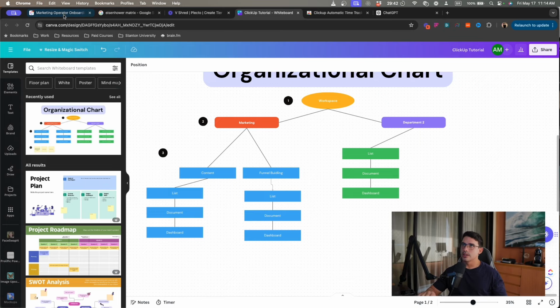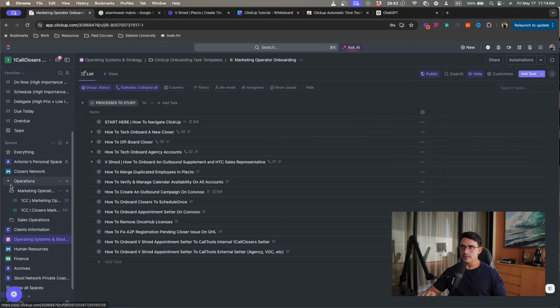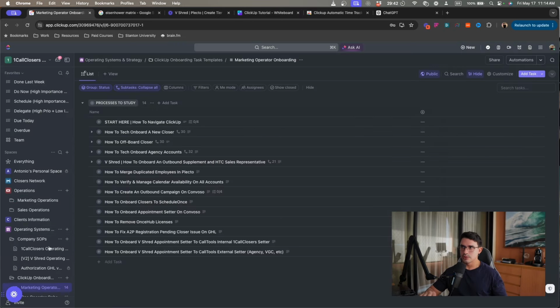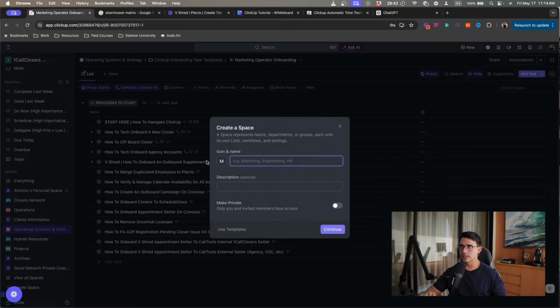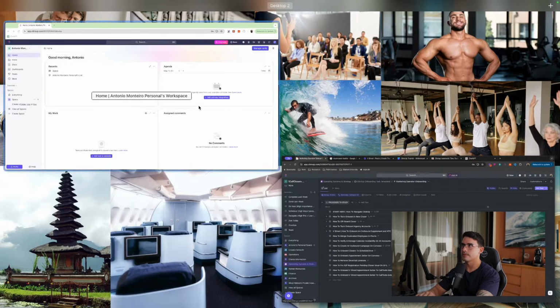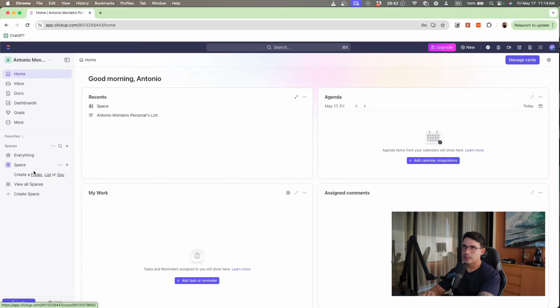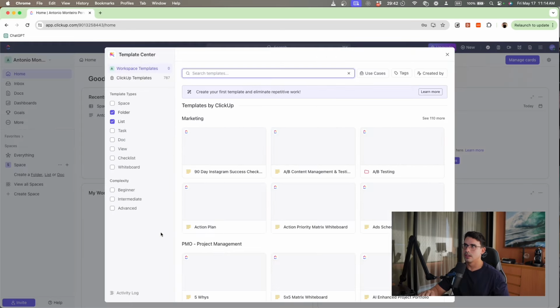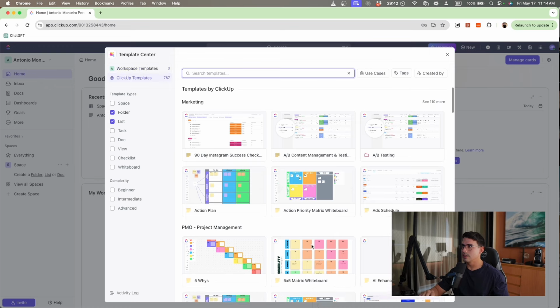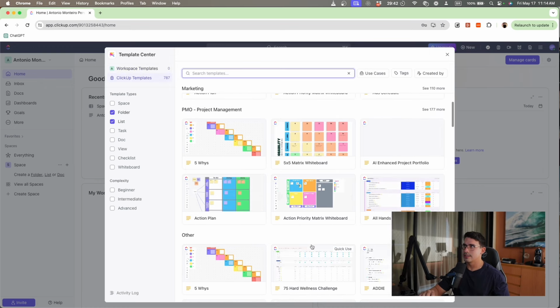So you can organize based on this, and then if you have some trouble getting started, my main recommendation, if you want to create a space from scratch, let's just go to the other ClickUp. What you can do is go on templates here and browse the templates, and that is going to give you a good idea of how to get started.